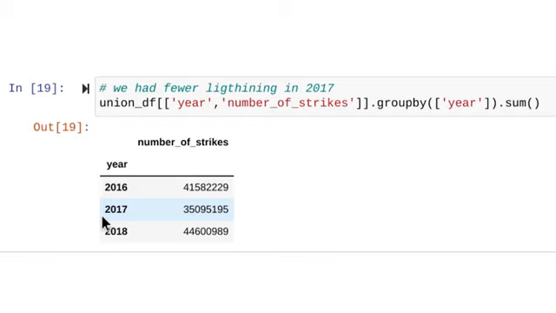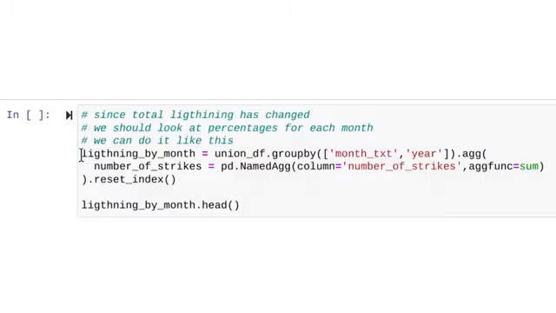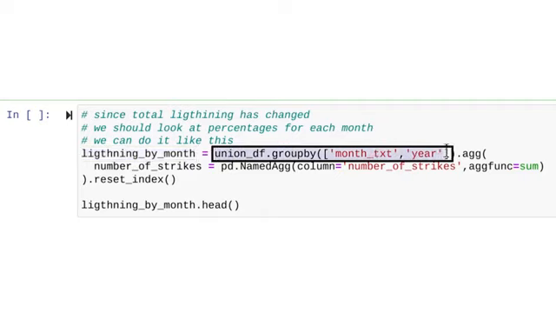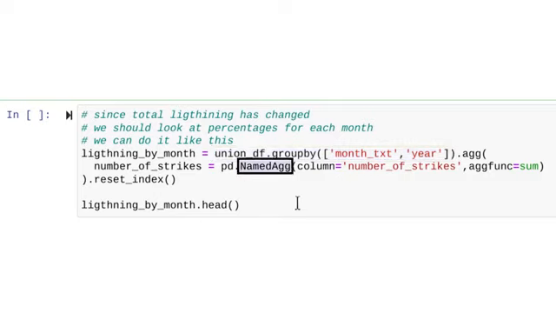Because the totals are different, it might be interesting as part of our analysis to see lightning strike percentages by month of each year. So let's call this lightning by month, grouping our union data frame by month text and year. Additionally, let's aggregate the number of strikes column by using the pandas function named agg.